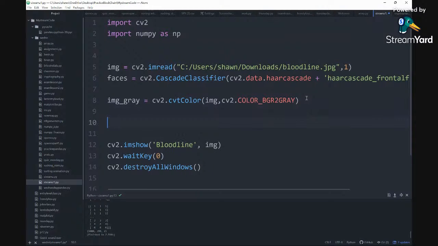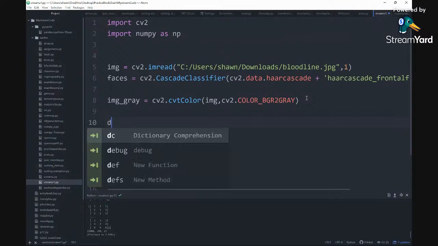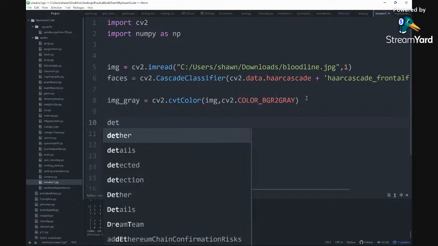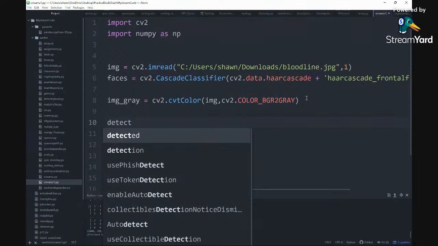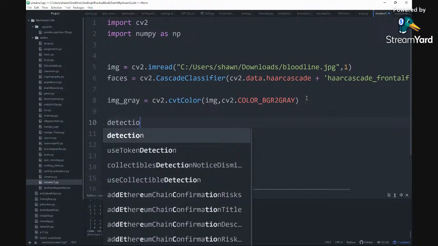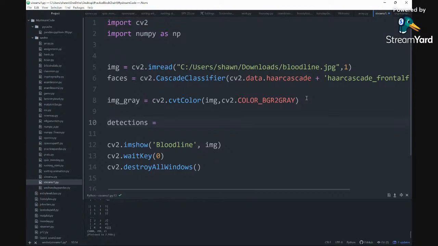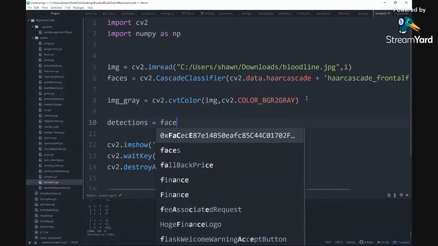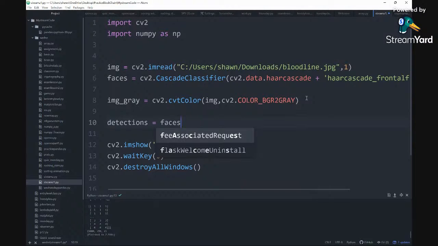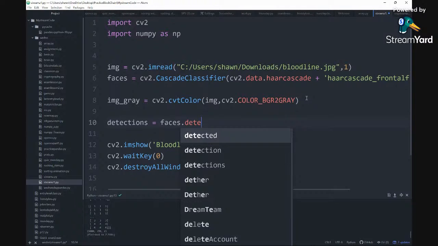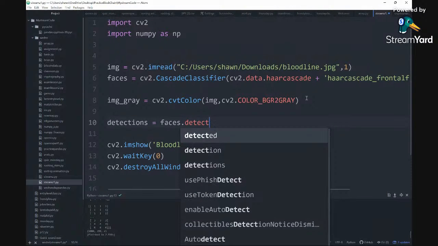So now, since we got that, we're gonna create a variable called detection. Now this time to detect the image, right? Detect the faces in our image. This is extremely important. So we're gonna do detection is equal to faces. Faces, that's the name of this variable up top, and it's gonna be dot detect. I think I had it in the bottom. I might not have it. Detect